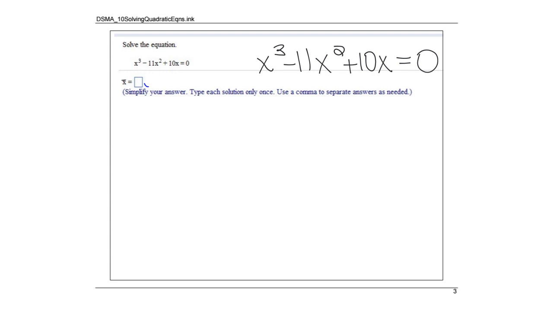Our toolbox right now, we've been dealing with x squared unless we have 4 terms. So notice that I have an extra x in each of these. So I need to go ahead and pull that x out. I also need to check the numbers, but the first number was just 1. So, all right. So that leaves me